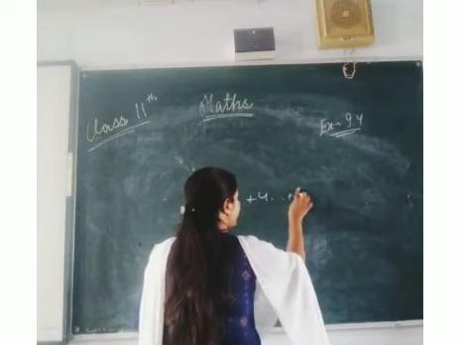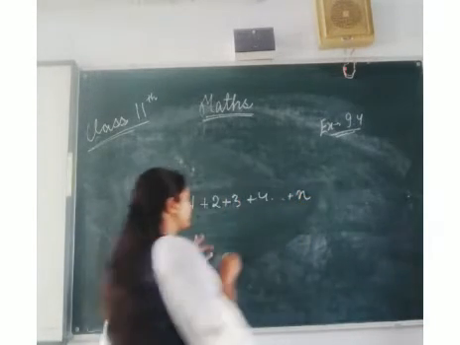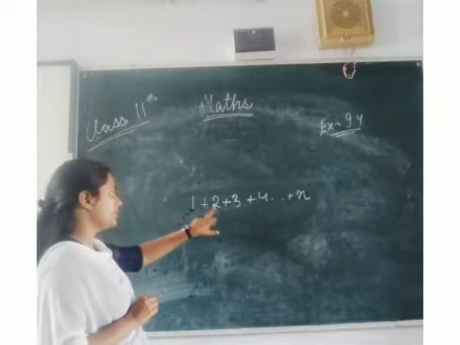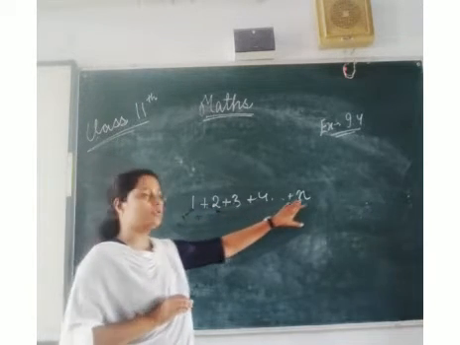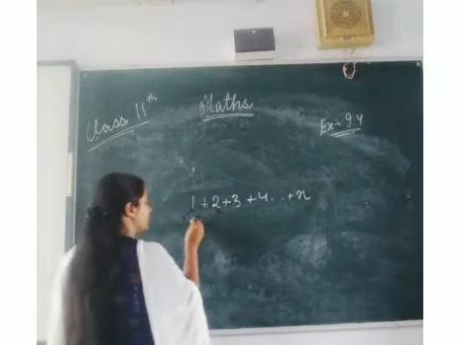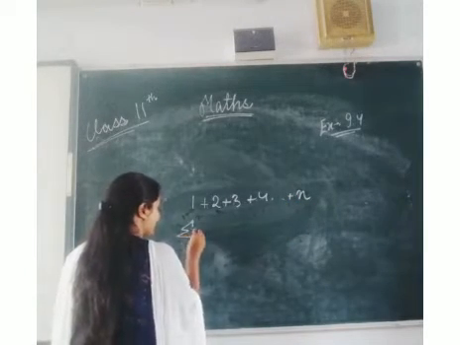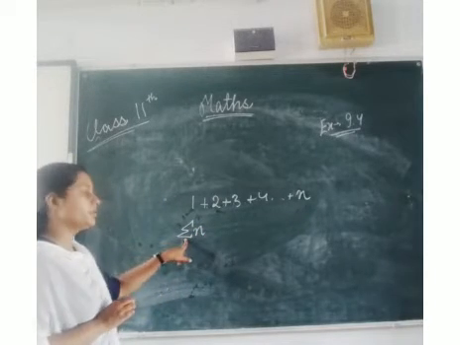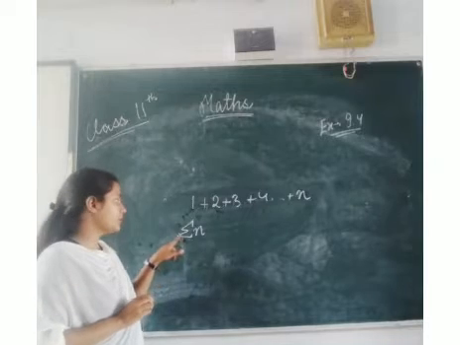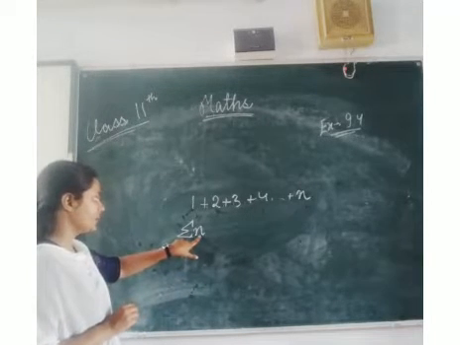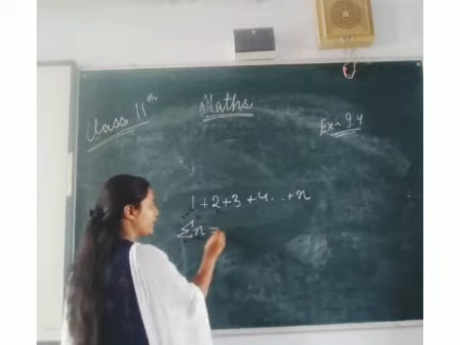Let us suppose the given series is this, where 1 is the first natural number, this is the second natural number, and so on up to nth natural number. Now we are going to find the sum of this series. Here we are using a symbol. This symbol is called summation. इसका मतलब होता है sum करना. यहाँ summation n का मतलब है n की वैल्यू चेंज होगी.